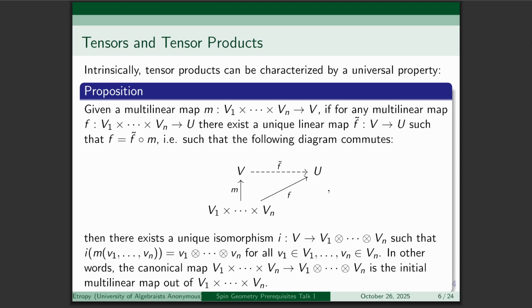So any multilinear map factors through it, in the sense that there's a unique linear map between the codomains such that the composition equates. In this sense, we can note that our construction truly works to capture the notion of multilinearity. So it's a useful thing to look at. Whenever you have a multilinear map out of some spaces, this corresponds exactly to a linear map out of the tensor product. And this characterizes the tensor product uniquely. So perhaps more concretely,